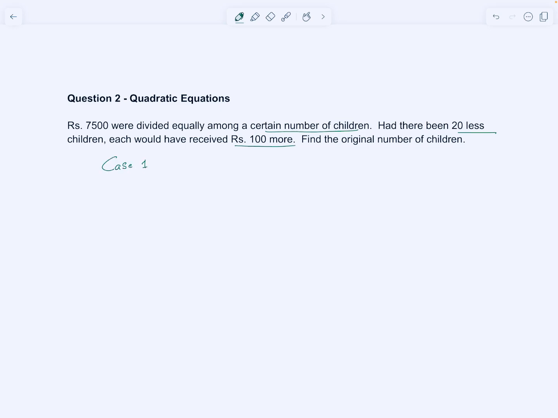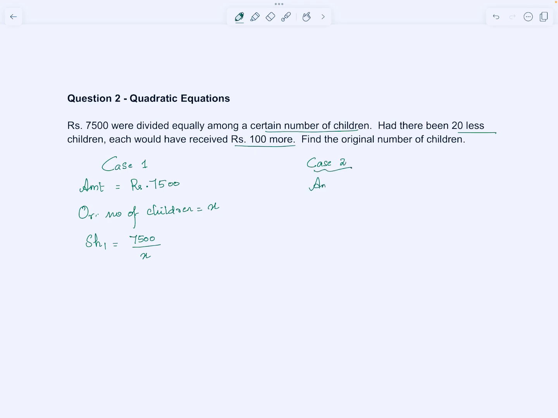First case is the amount to be divided is rupees 7,500, and let's take the original number of children be equal to x. So the share that each child gets is equal to 7,500 by x. The second case is